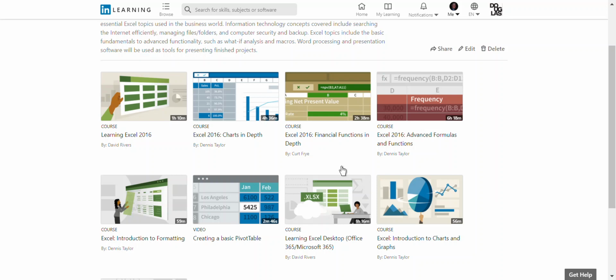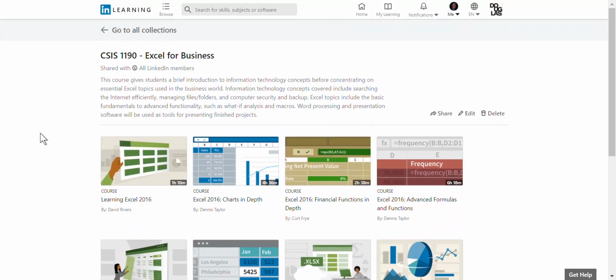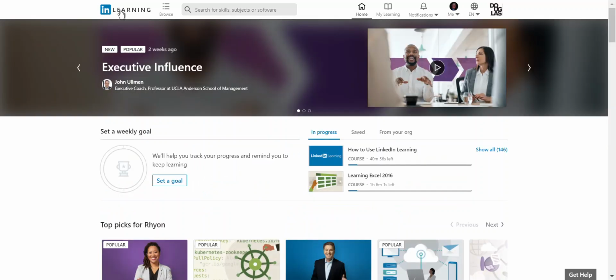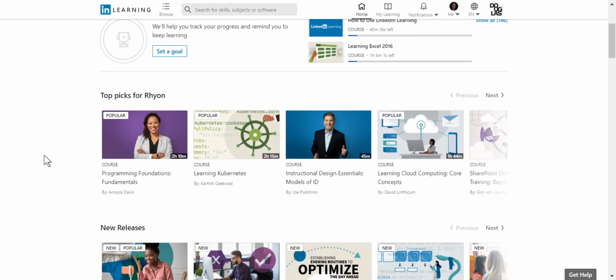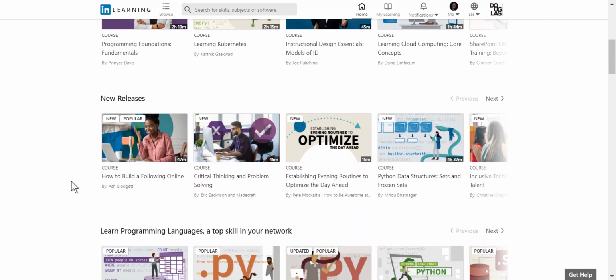Now, with that said, there are hundreds, if not thousands, of courses in other areas. So as you progress through your program at Douglas College, by all means, go into LinkedIn Learning and search other areas. And I'm sure there's lots of other areas for your other courses that you're taking at Douglas that you can supplement. Talk to your instructors, ask them if they recommend any particular LinkedIn Learning classes. I'm sure that they will have some, and just do a search on your own, whichever area you're in. If you're in marketing, finance, accounting, what have you, there's lots of different areas of